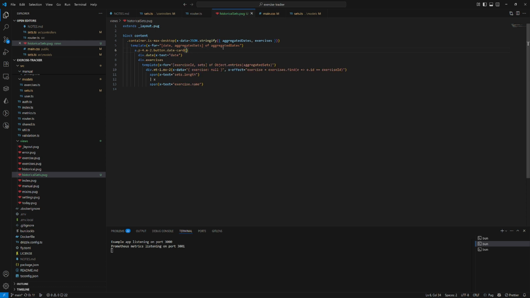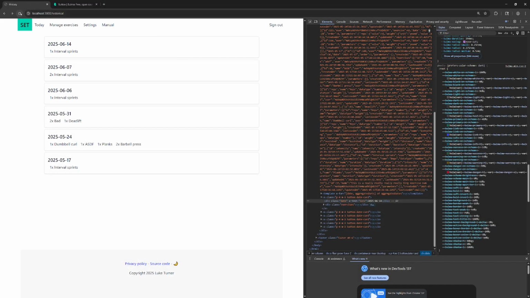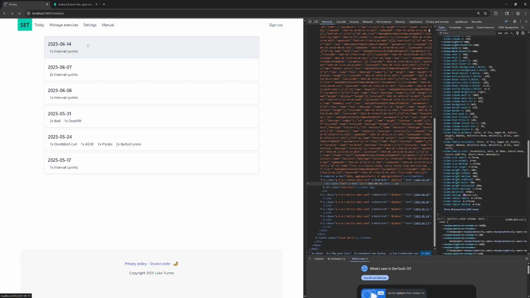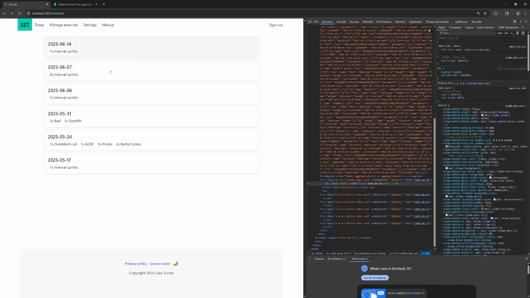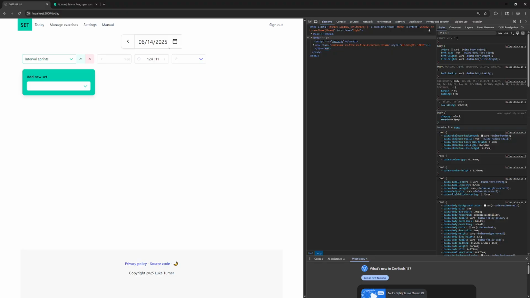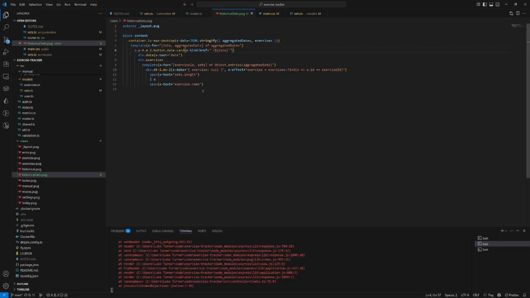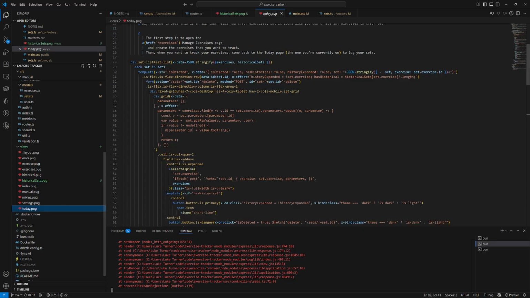And I guess I'm going to need to bind this because we're iterating on the client side. So I would need to do x bind href equals slash, well, let's do it this way, slash date. So now click it. It should take me to that date. And then I can go back and get back to here. Okay. So now I want to make it so this date chooser is going to take me to that historical sets page as well. So if I go to today here,